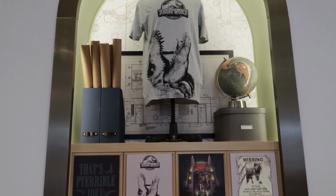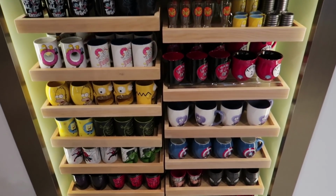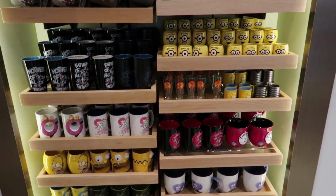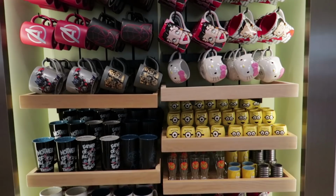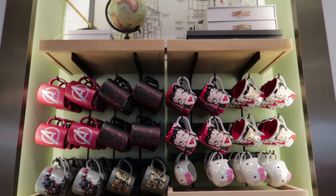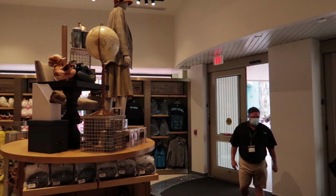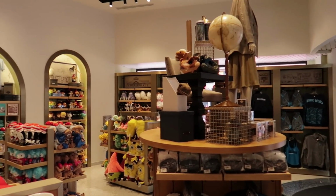Above the actual merchandise you can buy, they're doing a good job just decorating the store. And then we have a wall of mugs. Now these, I think I've seen all of these before. I actually own some of these mugs. So what I'll do now is just give you a 360 view of the first section of the store